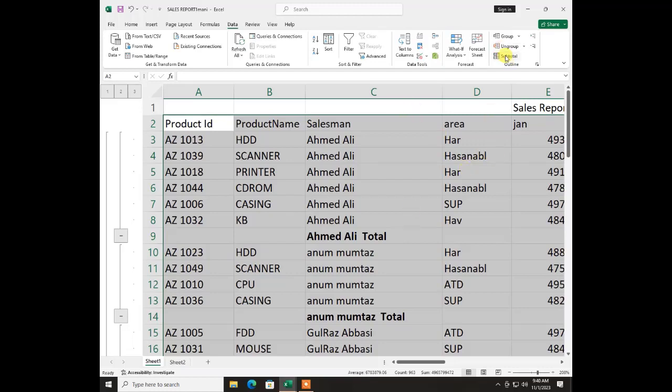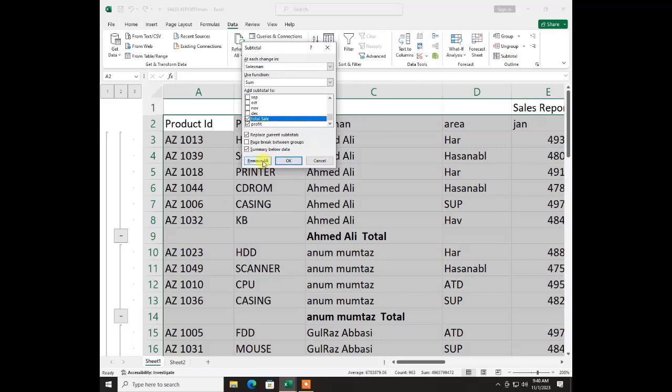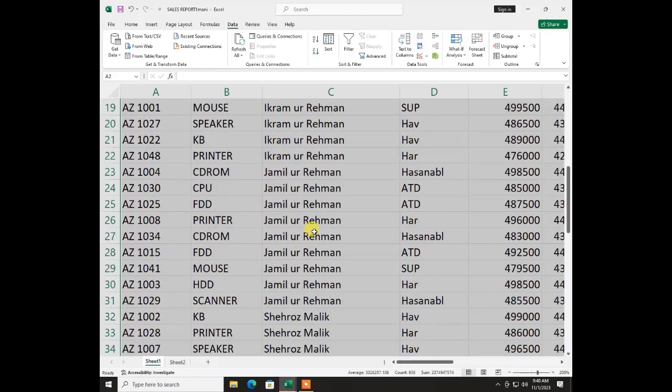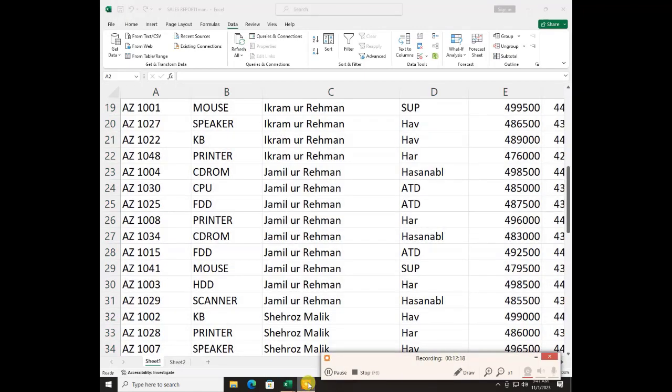If you want to remove that subtotal, just go to the Subtotal command again and click Remove All. Now there are no subtotals in my sheet. This is the way you can apply sort, filter, validation and subtotal in Microsoft